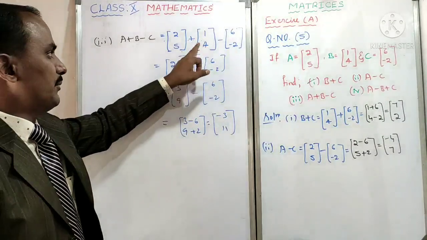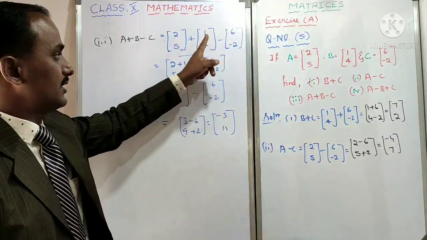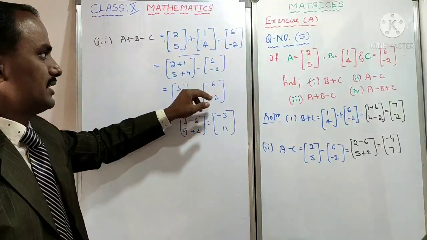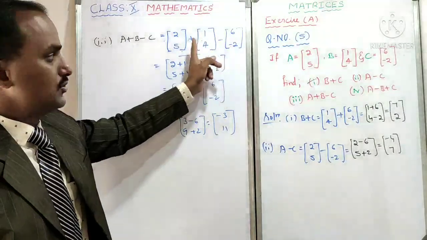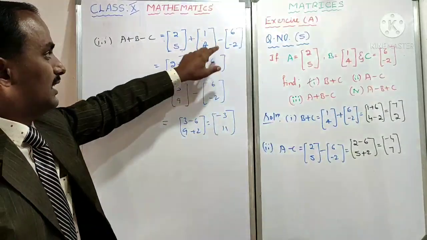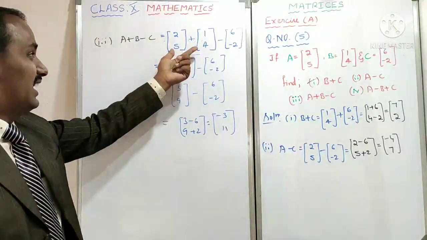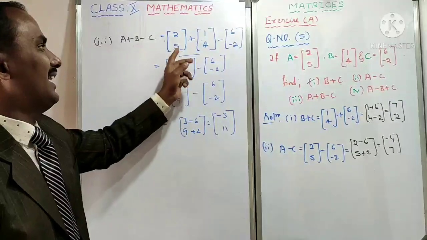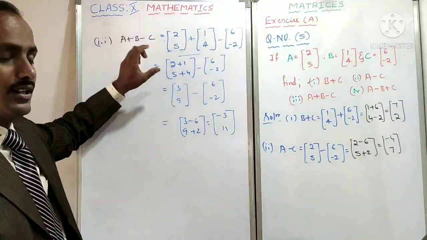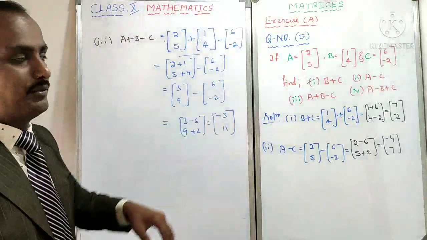Sir, I will do this one having positive sign, this one having negative sign. Shall I do subtraction? 1 minus 6 became minus 7 will come. 4 minus of minus plus 2, 4 plus 2 became 6 will come. That one you should do addition with this one. Otherwise, the addition, which is the first, you do the addition. Next, that addition matrices result matrix, you should do the subtraction of another matrix.